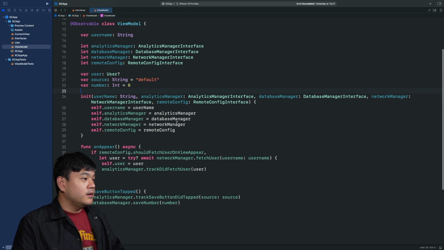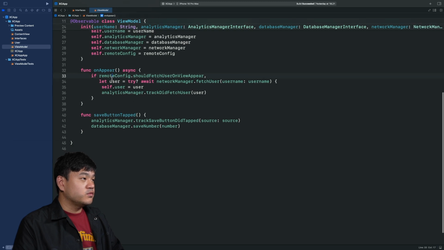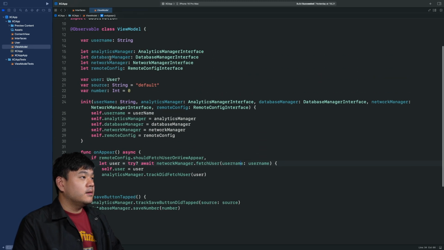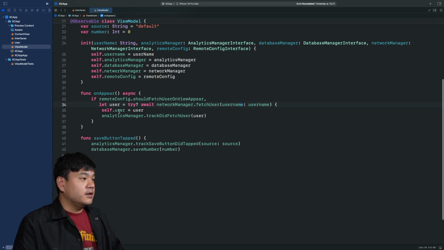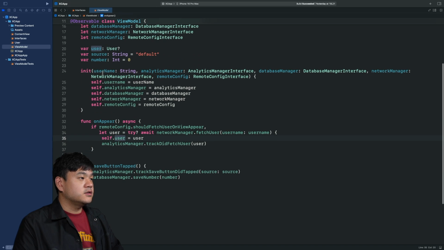Okay, and there are two methods that we are going to test. First one is onAppear. So here, based on this flag from remote config, fetch user on view appear, then it will fetch the user from the network manager using the username from the property in here. Okay, and it will assign the user that it fetched from the network manager to this view model property of user,